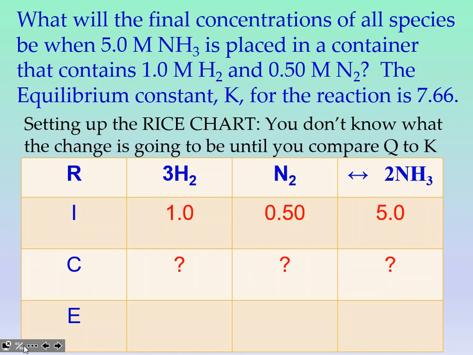And what you should notice, as you can see, we have the initial concentration of hydrogen is 1 molar, the initial concentration of nitrogen is 0.5, and the initial concentration of the ammonia happens to be 5 molar. So take a moment to do the Q calculation, and then we will look at it. Okay,